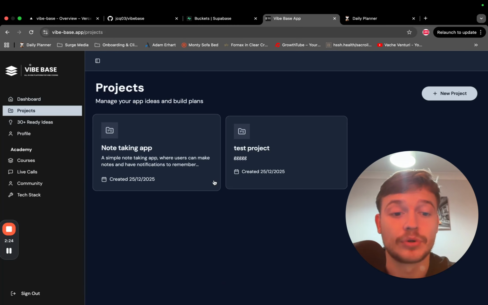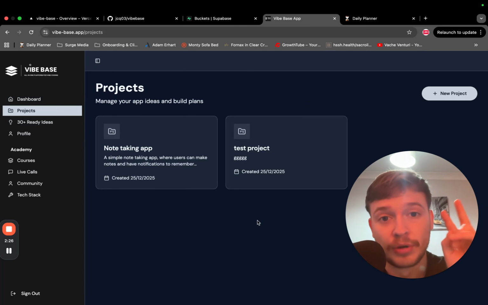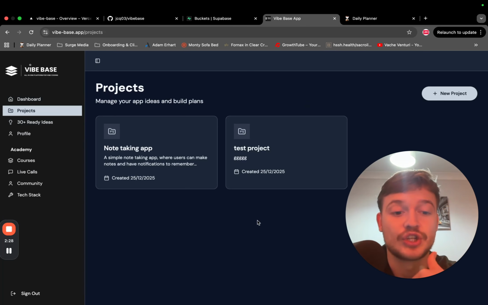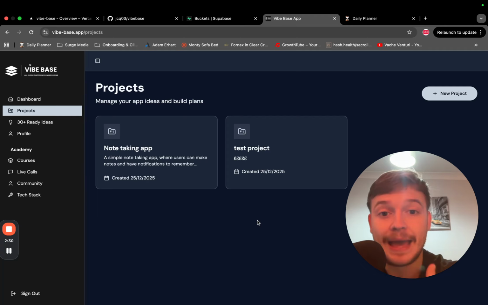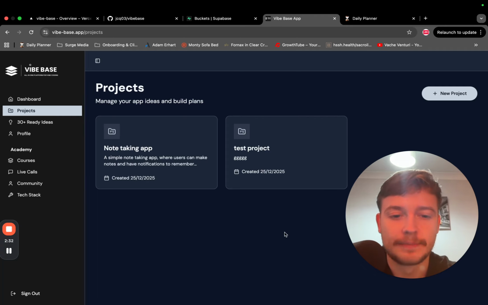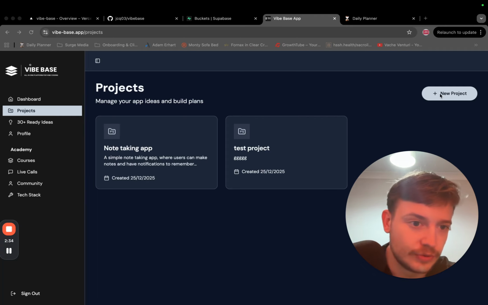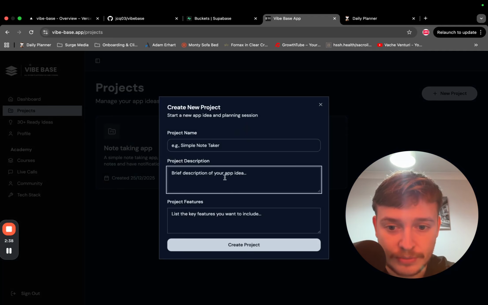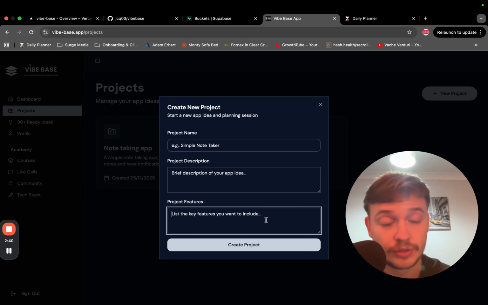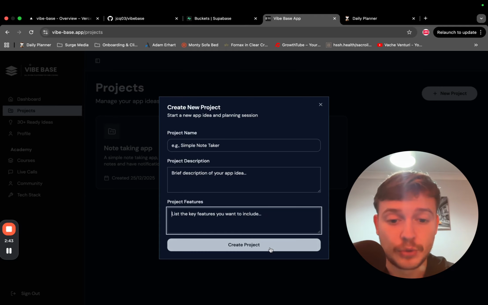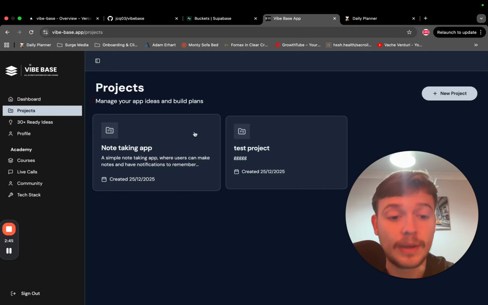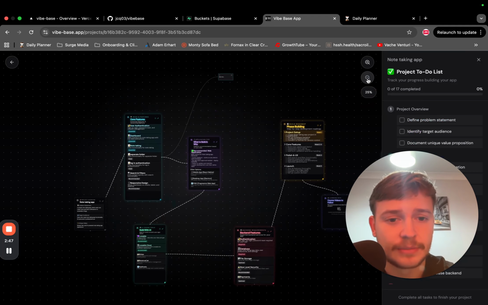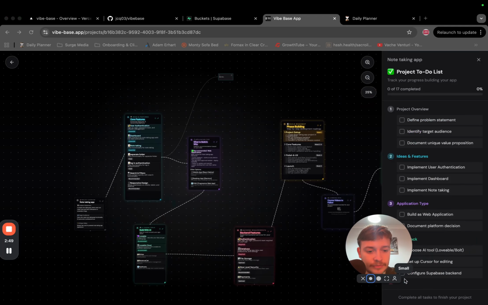And then you have the projects page. Now, these are two sample projects I've actually set up just to show you essentially how this works, and the point of this as well, right? So let's say you create a new project, and then you type in your project name, project description, and the features you would like to include in your project. You create project, and then it's going to create you a whiteboard, and it's going to take you to something like this. Now again, like I said, it's just a sample, so let me make myself a bit smaller here.